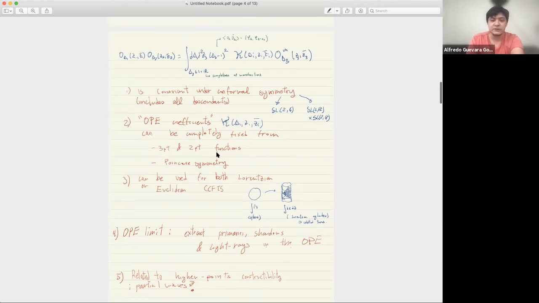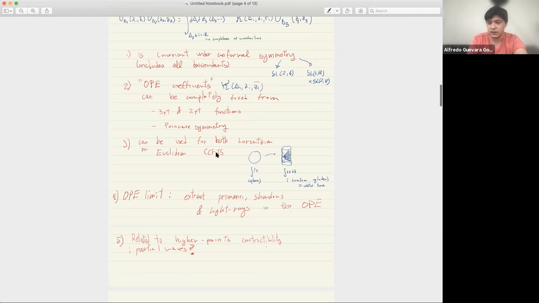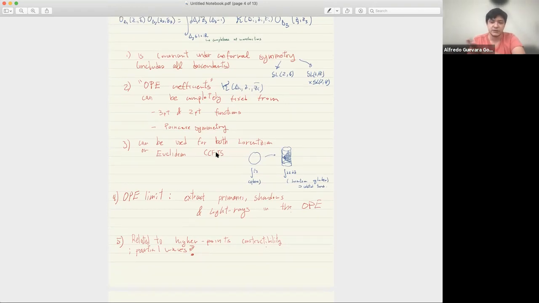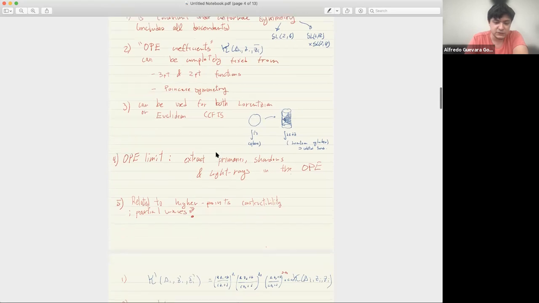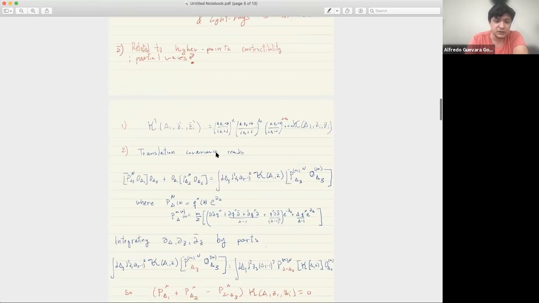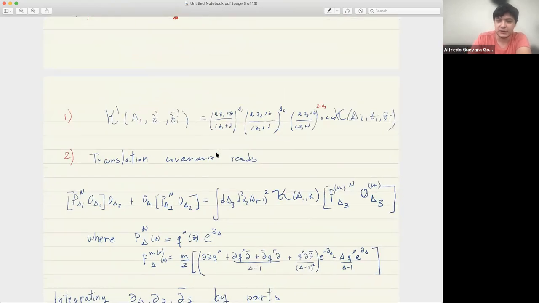And this is very suitable for that because it's basically a full block that you can contract with, and basically resembles the structure of partial waves. But there are more subtleties in that case that I'm not covering now, particularly the case of Lorentzian factorization. All right, so this is basically the outline, and just to be more explicit, what I meant by